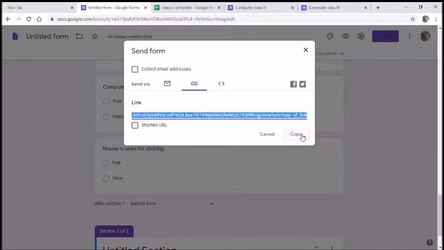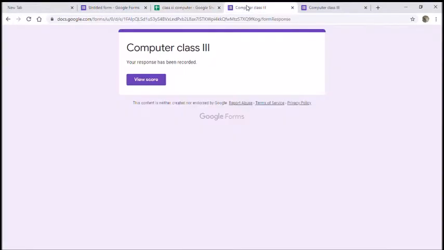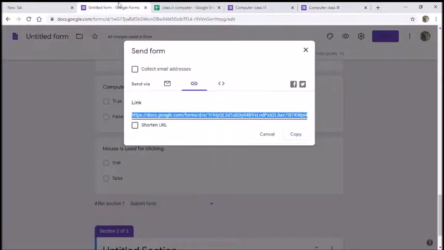The students will just open the link, fill the form and submit it. And it will come straight forward to you in the spreadsheet also. And the other way which I showed you, that it can give all the details of how the questions have